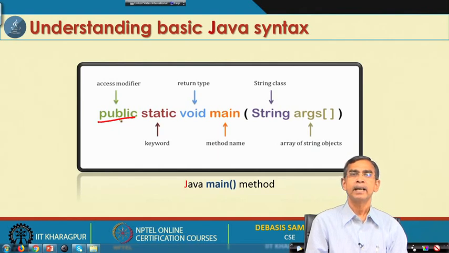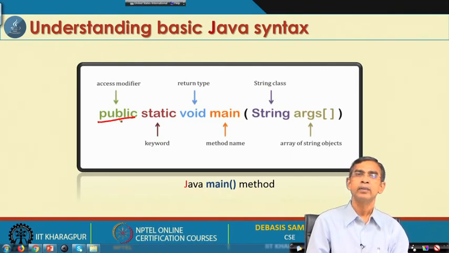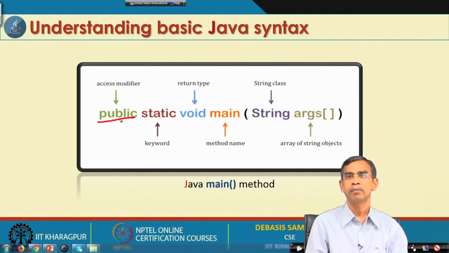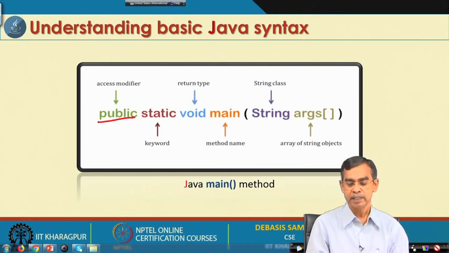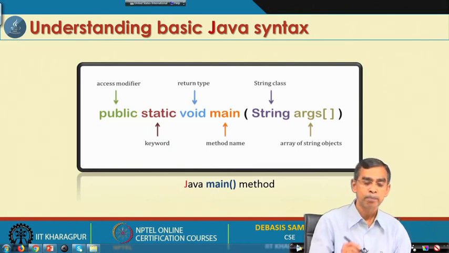In Java there are three different types of access modifier: one is public, another is private, another is protected. In this case it is public, and it should always be public. If you make it private or some other type, it will create an error and compilation will not be successful. So, this is the access specifier, and it should always be public.